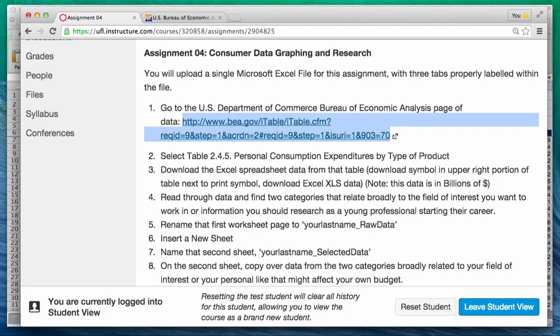Alright class, let's talk about Assignment 4. For Assignment 4, you're going to start looking at some publicly available consumer data, how to bring in large sets of data, and then how to use this computer software. We're going to use Microsoft Excel to graph just a subset of that data,